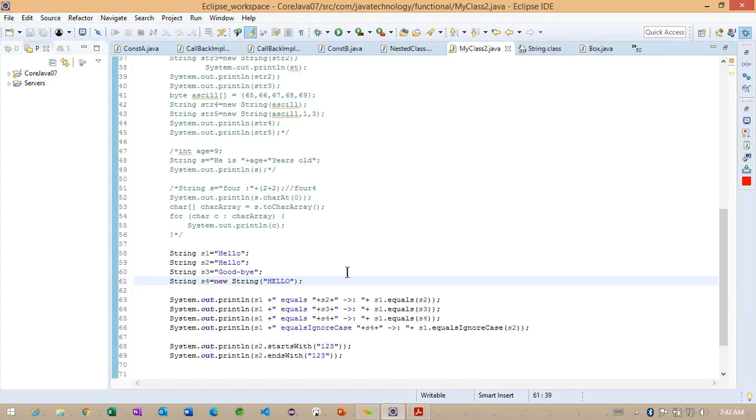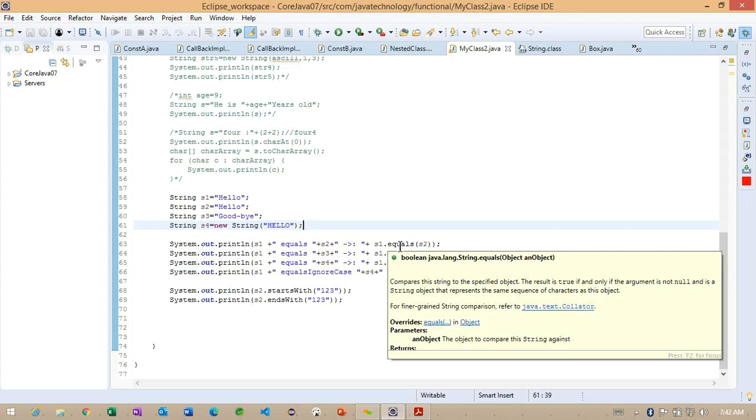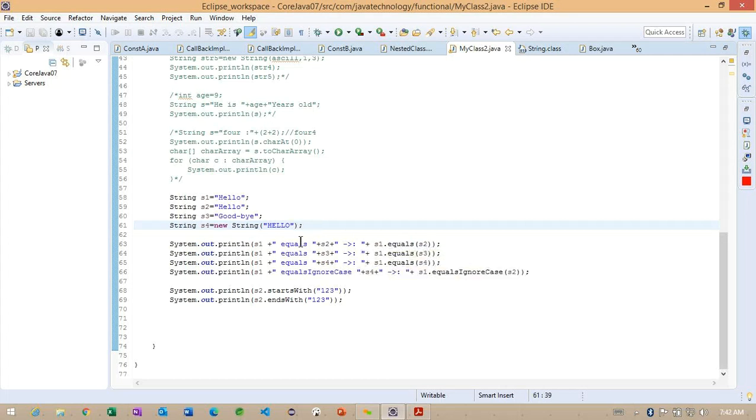Now how can we work with equals? We already identified the equals method. What exactly is it going to check here? It's going to check the object information.